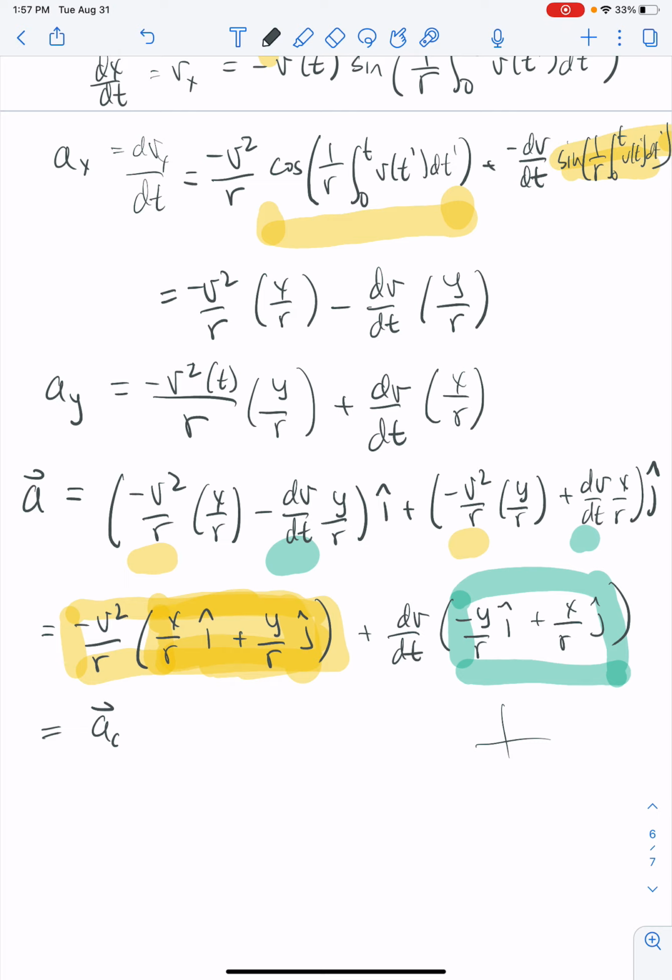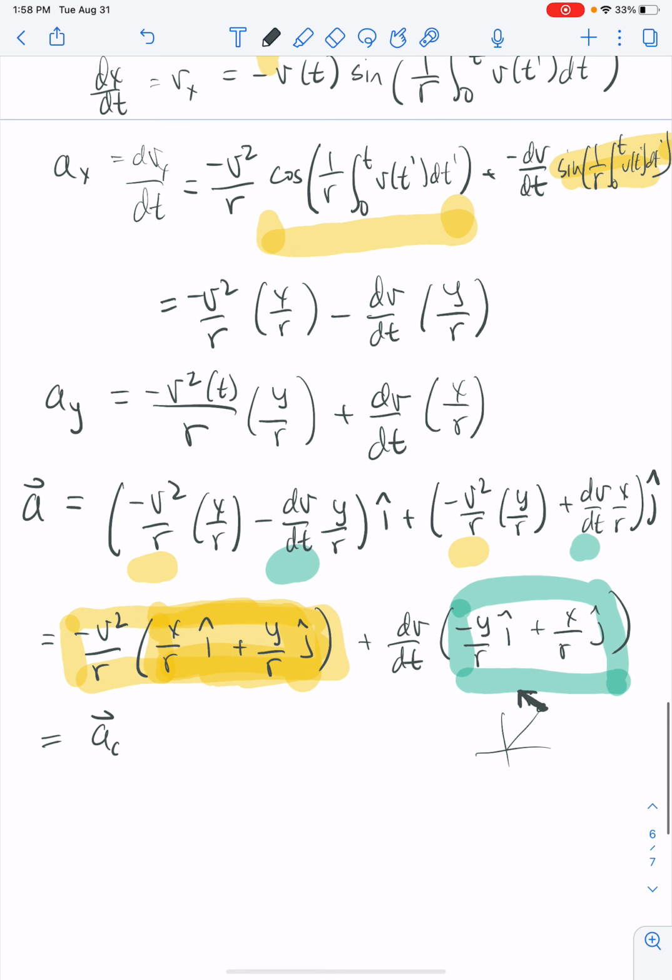that points, let's think about our point here. So we've got our point here, and it's pointing in the negative i hat direction and the positive j hat direction, something like this. If you find the magnitude of that vector, you will find that this is a vector that points tangential to the circle, in the same direction as the velocity. So we call this thing